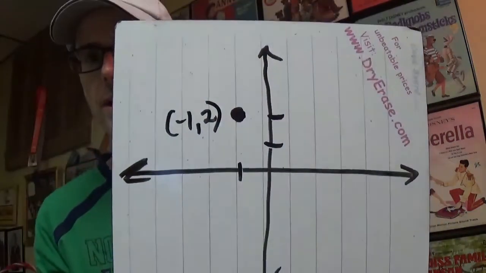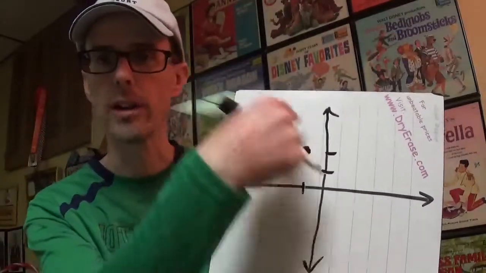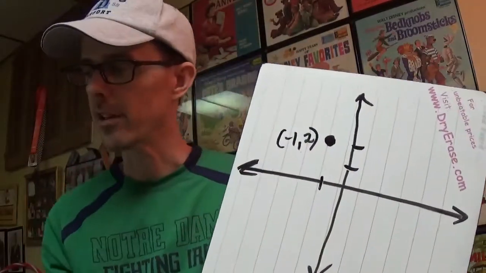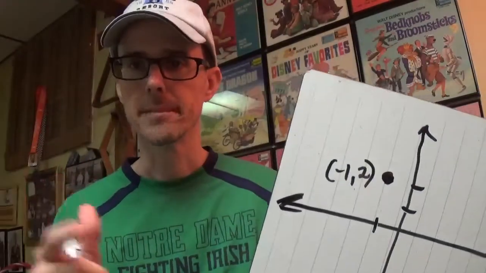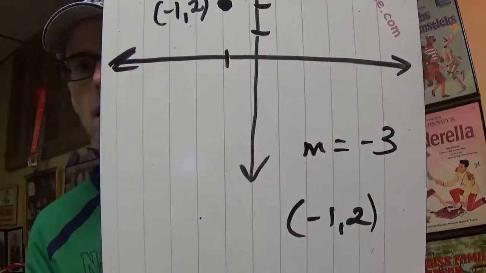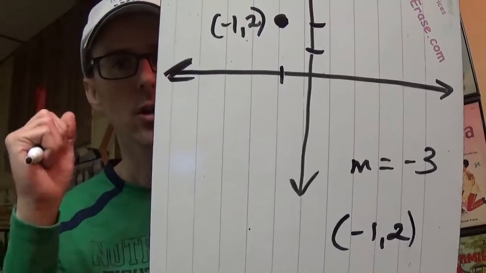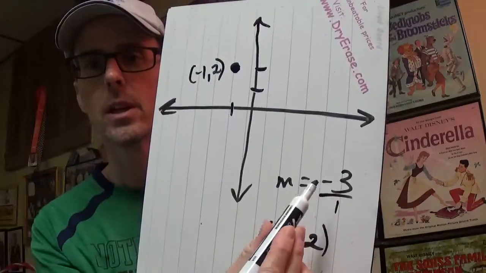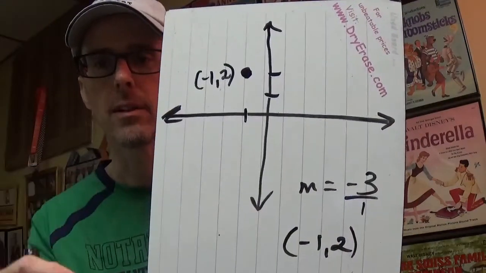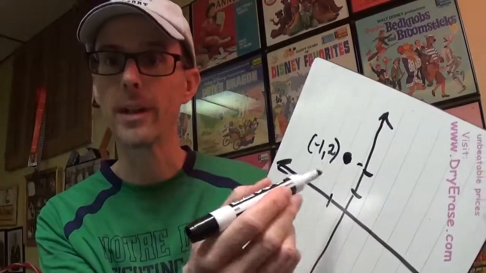So far that's really all I know about my line, except for the fact that I know it's going to be falling. I know it's going to be going down from left to right. At what rate is it going to be falling? That's right, the slope we know is -3, which is really -3 over 1. So from the point that I know, go down 3, right 1,